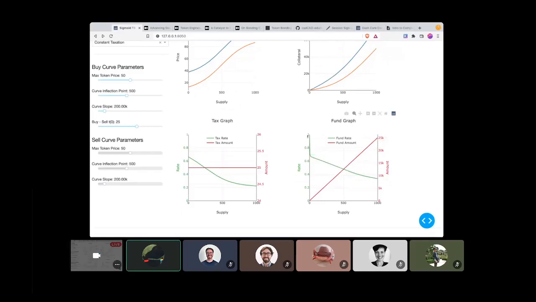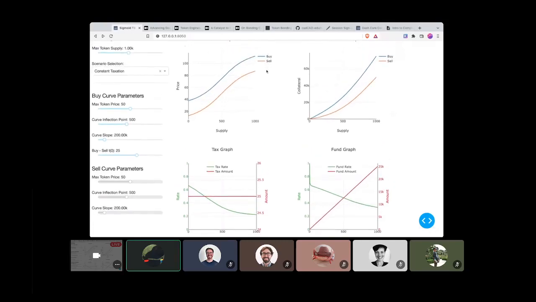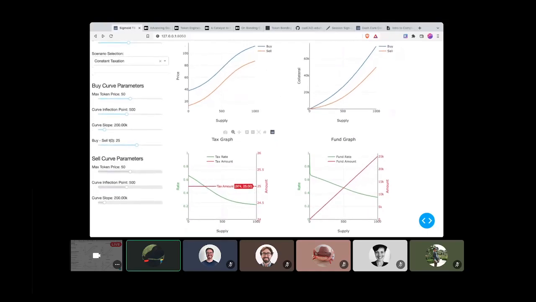We can also see in this plot, the green line is telling us what our fund rate is, at what rate we are growing our funds, and that's trailing off over time against basically a larger denominator we could see just by looking at the collateral, for example. Similarly with the tax, if we're keeping a fixed tax amount, always 25, for all values of the token supply, then again, as the collateral grows, the denominator grows, then our rate of tax is going down.